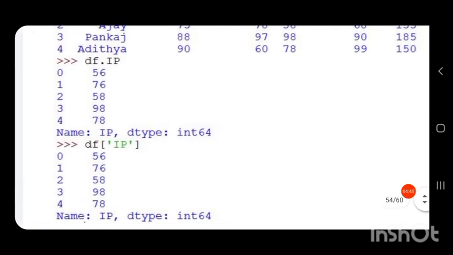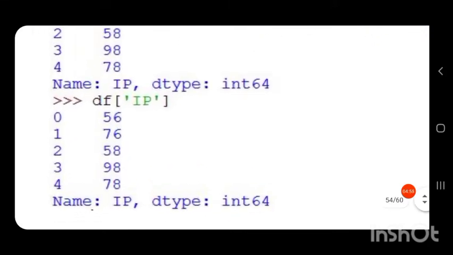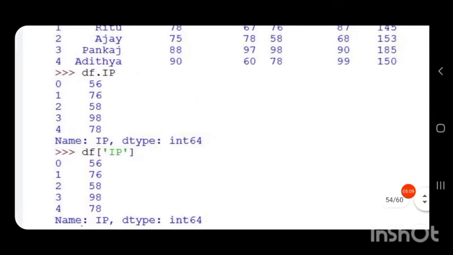So df square bracket IP in single quotes will produce the output as the index values and the corresponding values in the column IP. Here also you can see Name: IP, the name of the column is IP and the data type is int64.